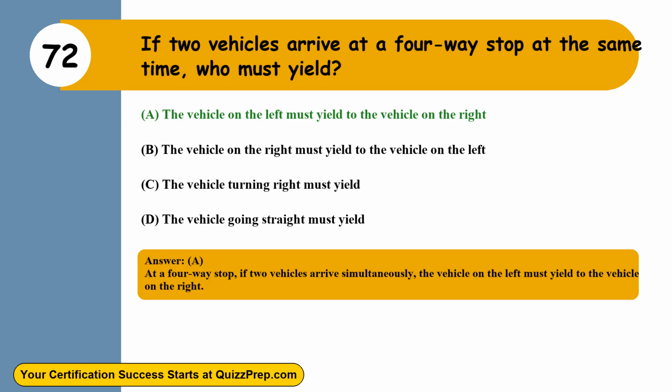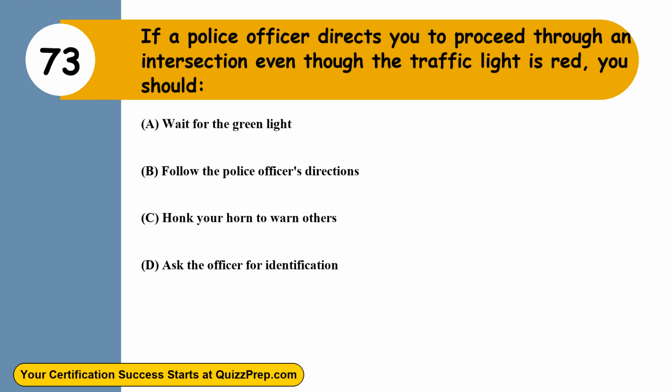At a 4-way stop, if two vehicles arrive simultaneously, the vehicle on the left must yield to the vehicle on the right. Question 73. If a police officer directs you to proceed through an intersection even though the traffic light